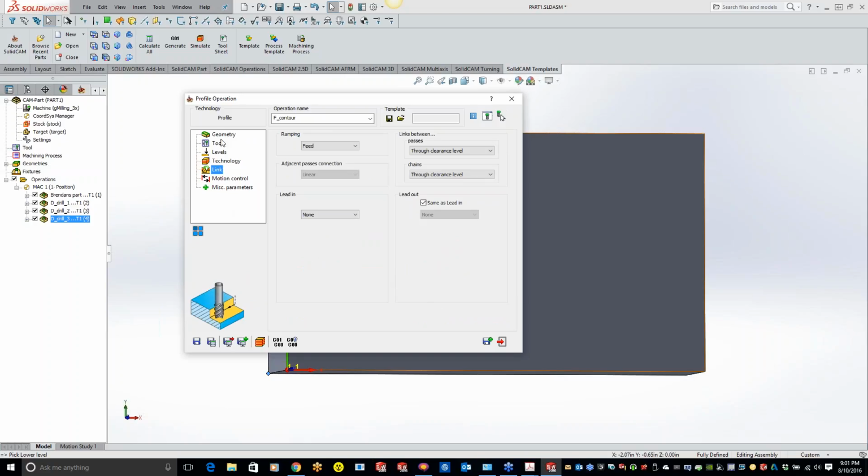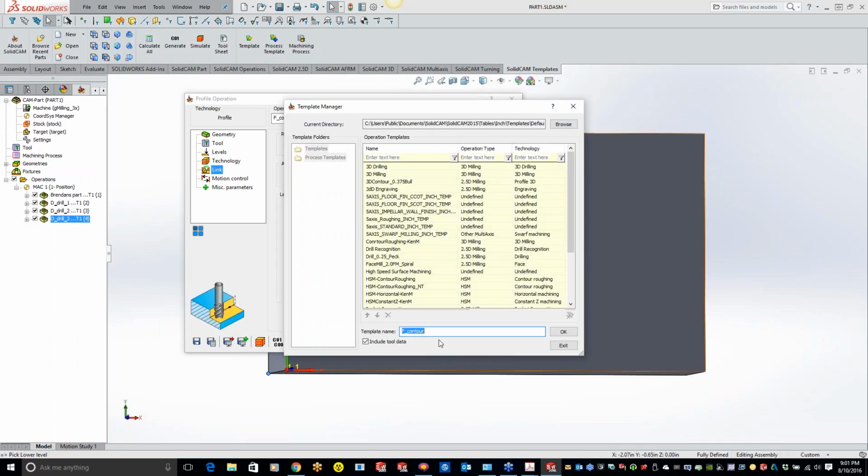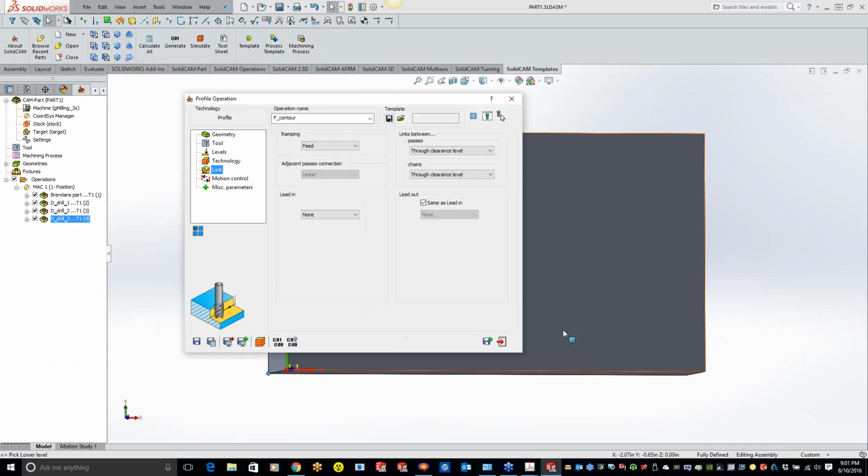Once you've created your operation of a standard that you want to keep, all you have to do is click save, and we can label this as XX. Hit OK.